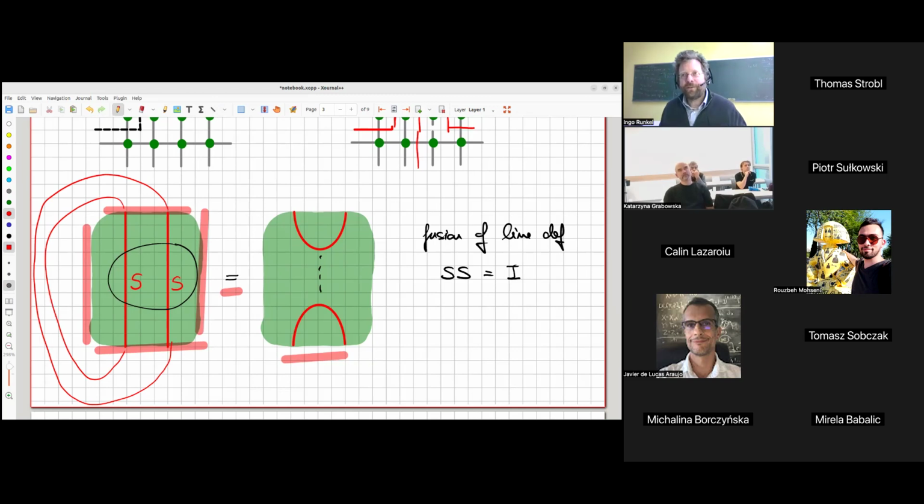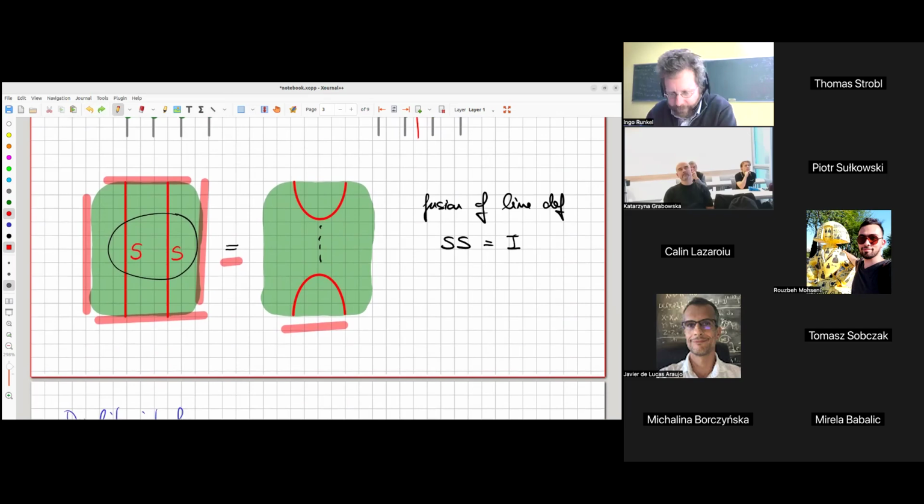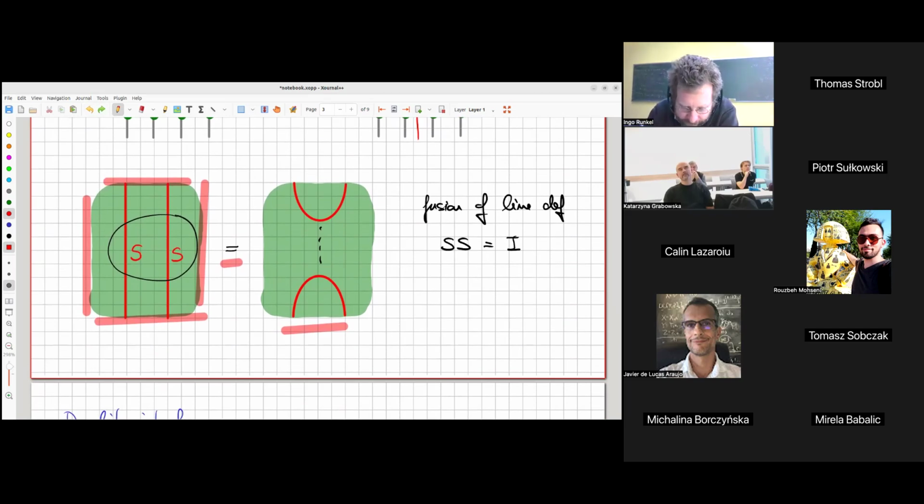So was that the question or comment? I didn't understand the last part. So let's see. I'm saying that here I'm showing a local manipulation on the lattice. So here I have these two parallel lines, and on some part of the lines, I'm moving them close together, and I'm saying that the configuration on the left and the configuration on the right have equal expectation values on the lattice, because configuration by configuration, I can map configurations of the same energy one to the other.